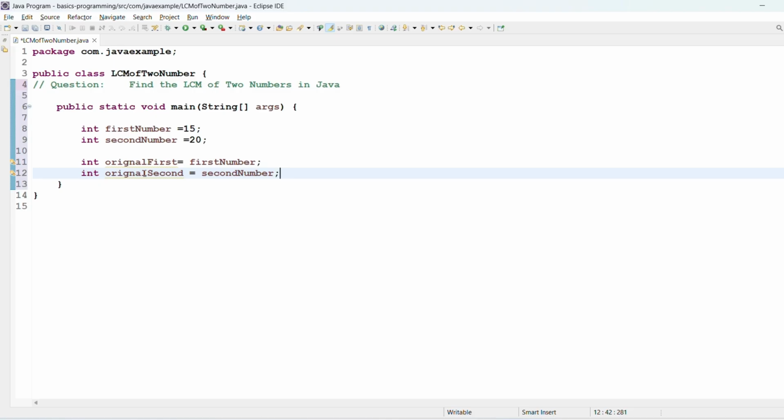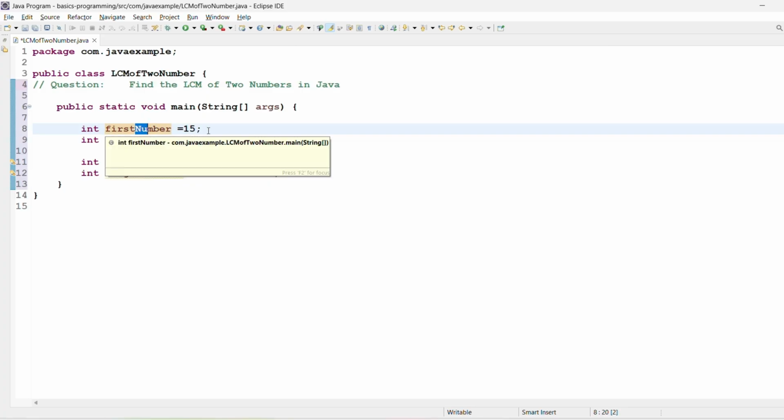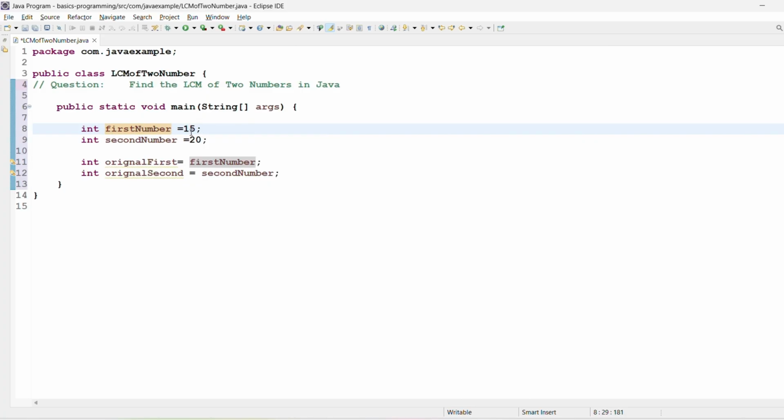Now whatever operation we perform, we perform with these variables, not the actual variables. If we perform with the actual numbers, we might get data loss or not get the